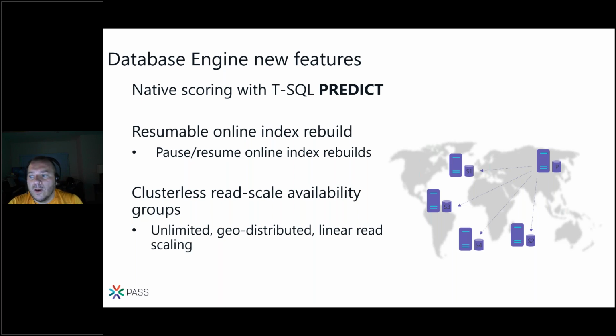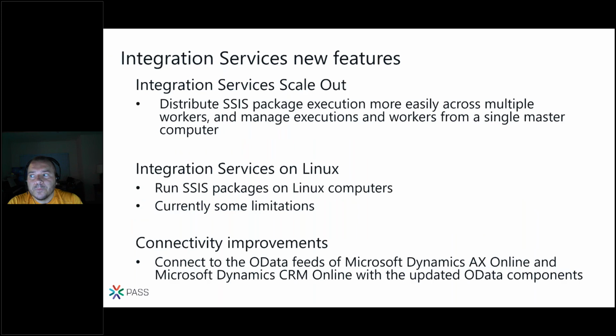But it also gives you more flexibility in terms of how you want to deploy availability groups, even between two operating systems, Windows Server and, let's say, Red Hat Enterprise Linux. In Integration Services, we added new features, essentially the Integration Services scale-out configuration, which allows you to have worker nodes that are actually doing the hard work, and then you have a control node which is managing the process, and this single master will be the one that controls how these workers execute the data flows.